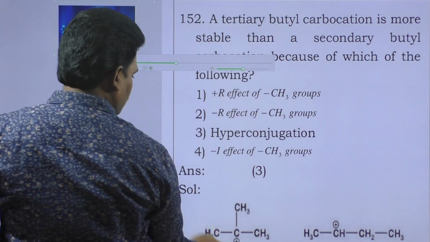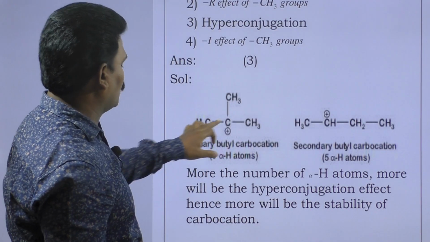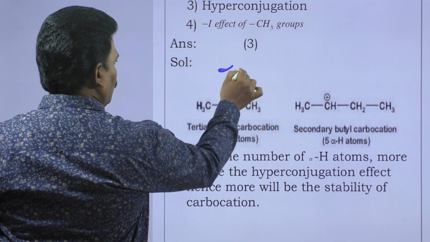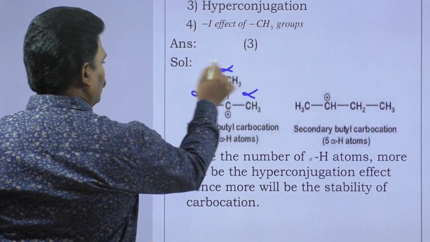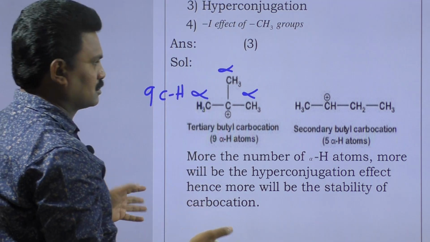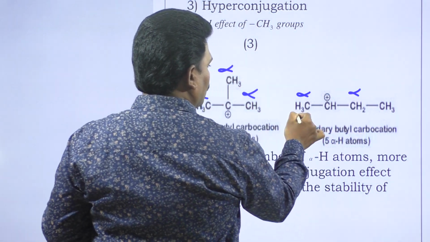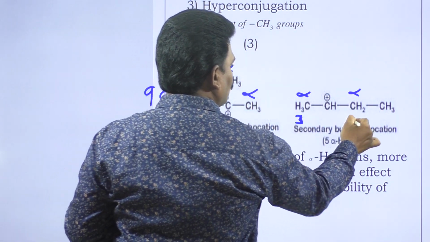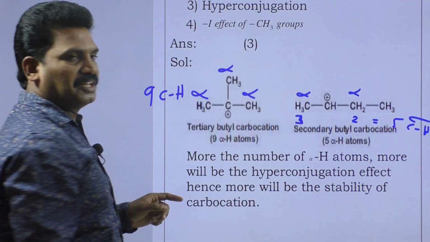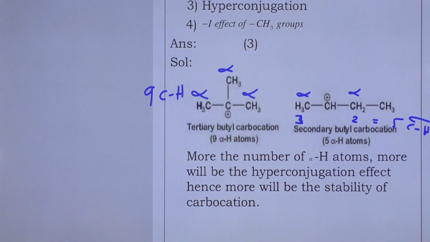Look at here. Tertiary butyl carbocation has 9 alpha C-H bonds. Alpha carbon, alpha carbon, alpha carbon. Totally 9 C-H bonds, so 9 hyperconjugation structures. But in secondary butyl carbocation, the alpha carbons have 3 and 2, total 5 C-H bonds. So the tertiary carbocation is more stable than the secondary carbocation. And then go to question number